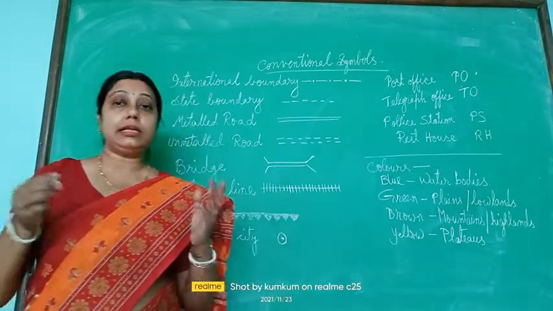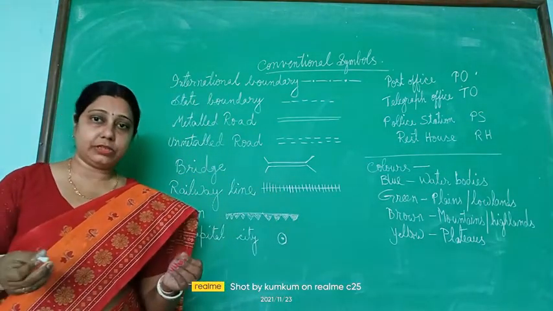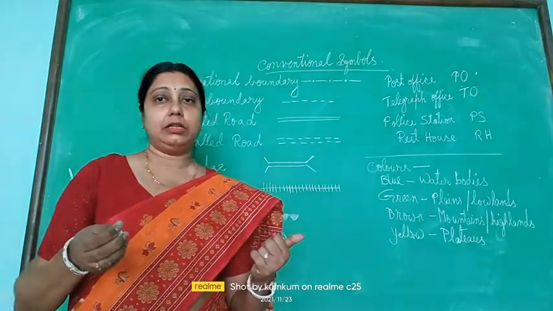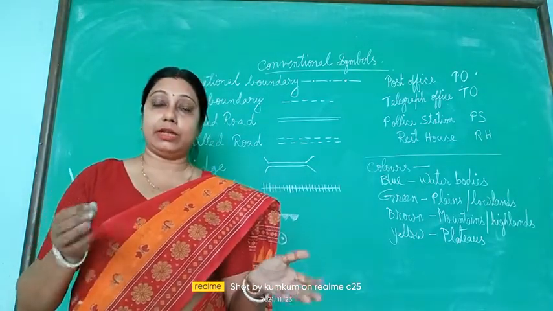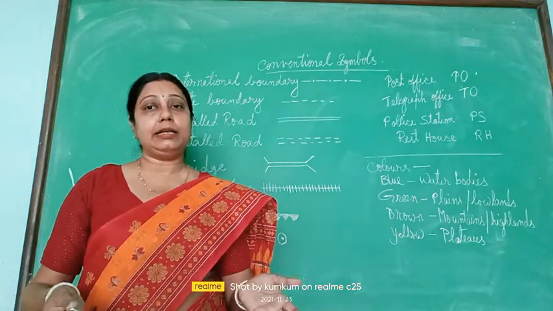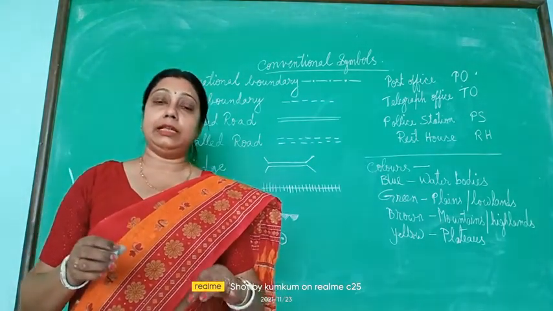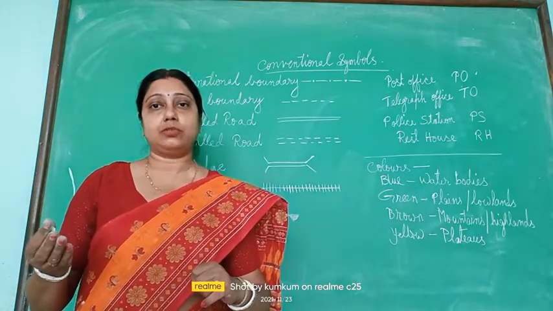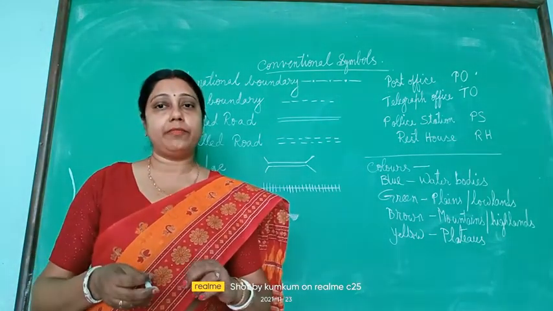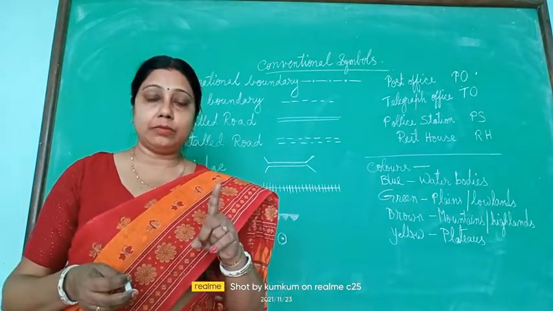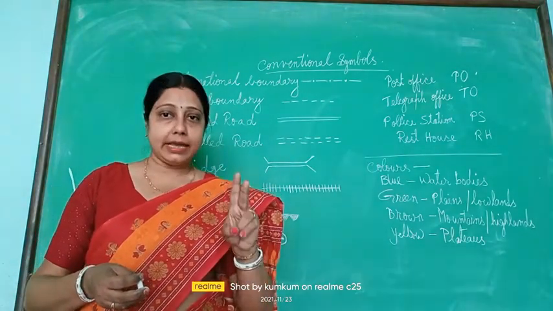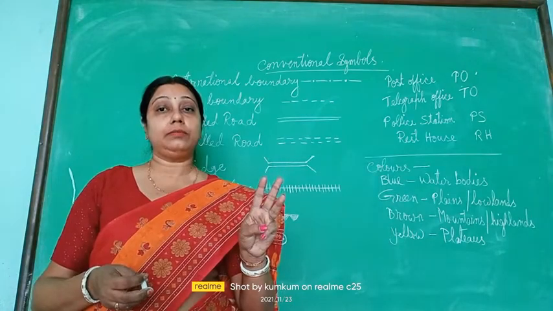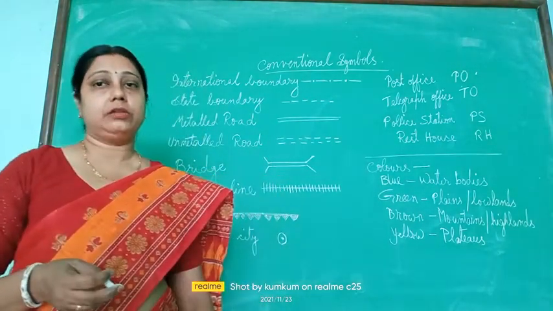Now, to study a map, we need some language. When we read a book, we need to know the language of that specific book. Similarly, to study a map also we need the language. That is the language of maps, it is told. So what are the languages of maps? They are the signs and symbols, the scale, the colors, and the directions of the map through which we study the map.